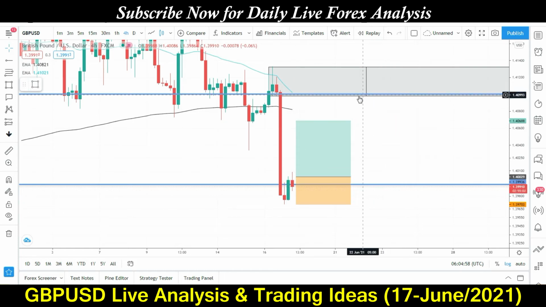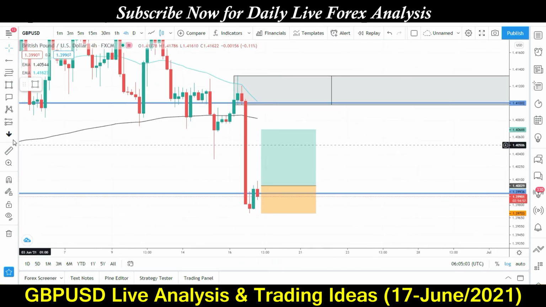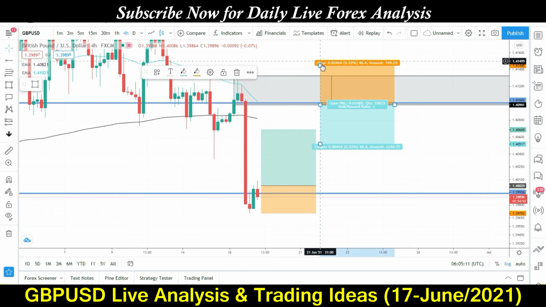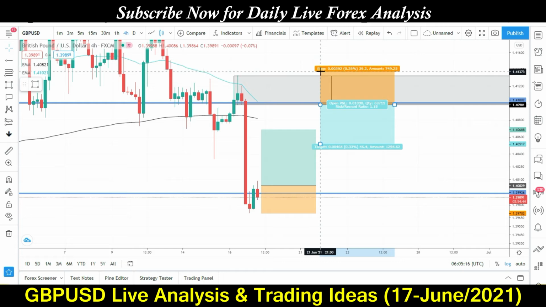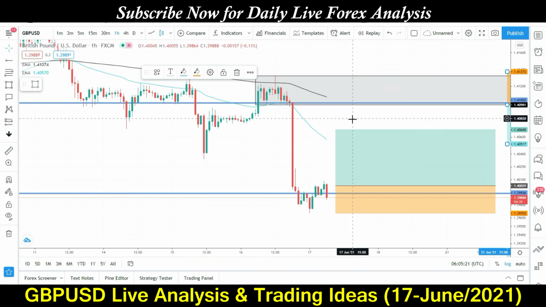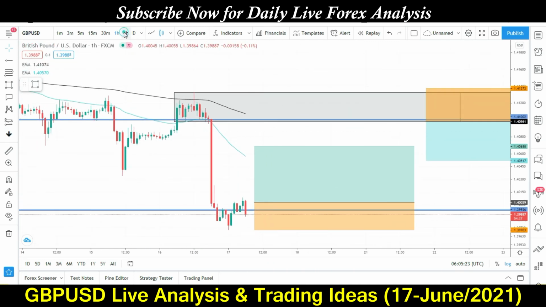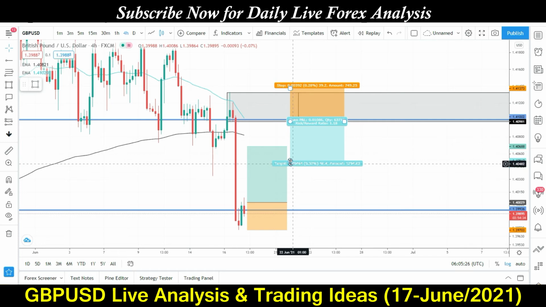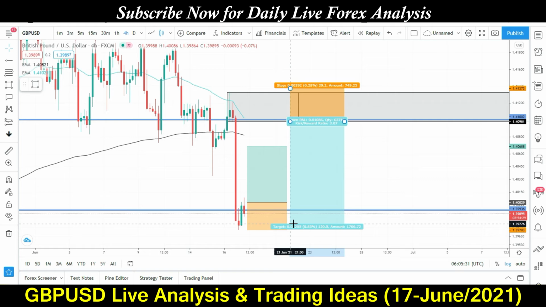And if the market comes into this supply area, then I will open a sell trade. So I will set a sell limit pending order almost here. My SL will be almost above this area. Let's come to the H1 time frame and see. Yeah, perfect, nice. So then we will open a sell trade and we can take 1-3 risk reward easily. Yeah, that will be nice.